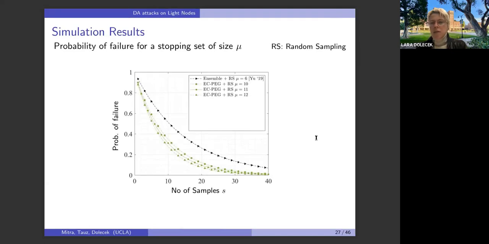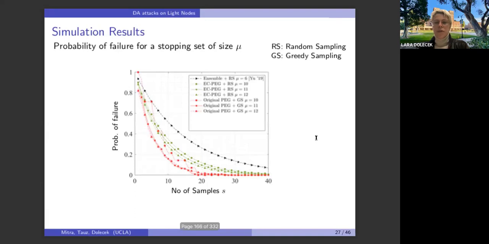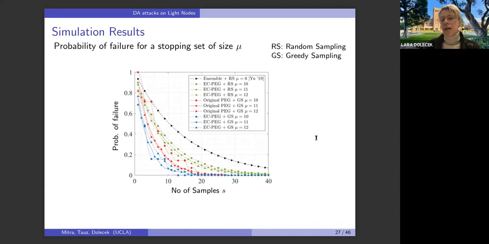Our first improvement really is to use our code construction. This is entropy based with random sampling. And here these are results with respect to different stopping sets that are of interest, 10, 11, and 12, because those are the smallest ones we have. Then we said, well, what if I did the original code, but I improved the sampling strategy? Well, then we have an even further improvement, and the best of both worlds comes indeed when we improve both